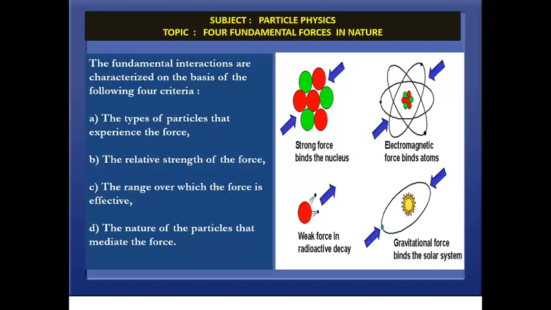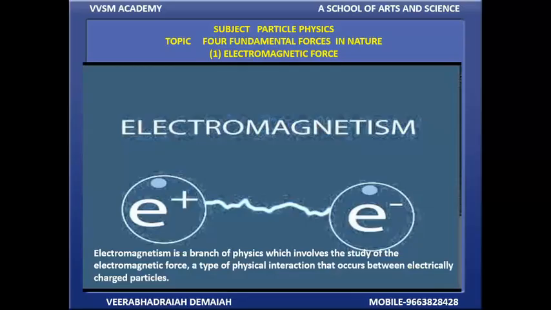The types of particles that experience the electromagnetic force, the relative strength of the force, the range over which the force is effective, and the nature of the particles that mediate the force. Electromagnetism is a branch of physics which involves the study of the electromagnetic force, a type of physical